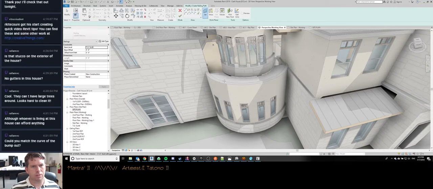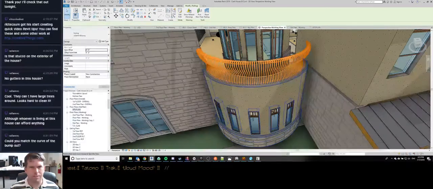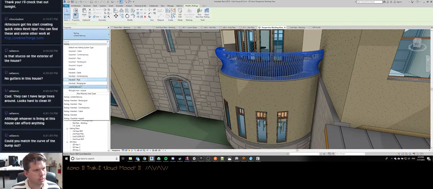Floor plan. Let's pick the host. That guy right there. Let's just go right in the middle. That guy right there. Sure, let's make it that. Boy, that is fugly. Let's just do a